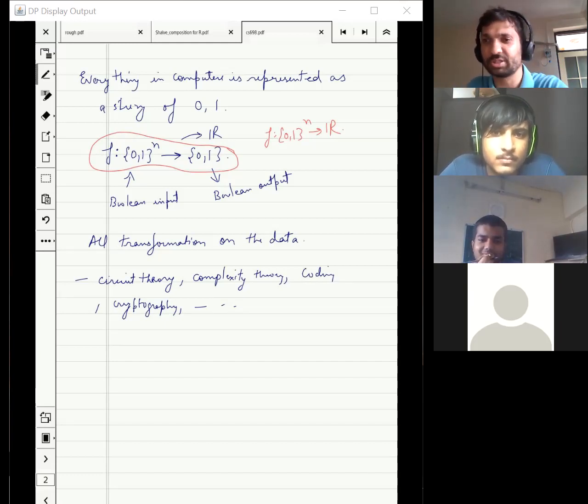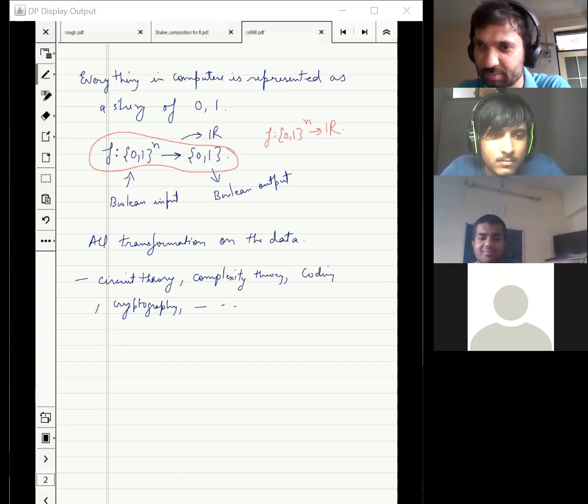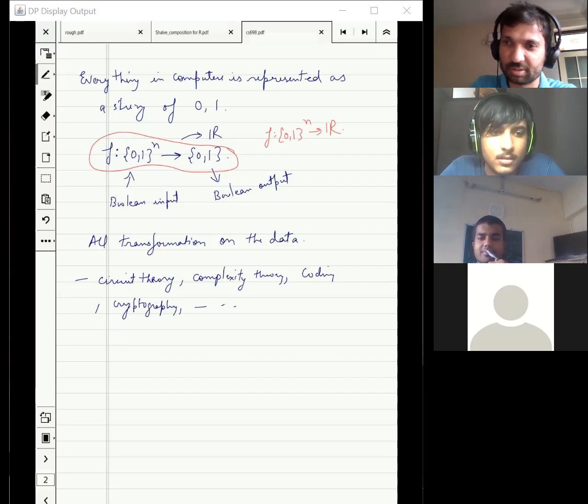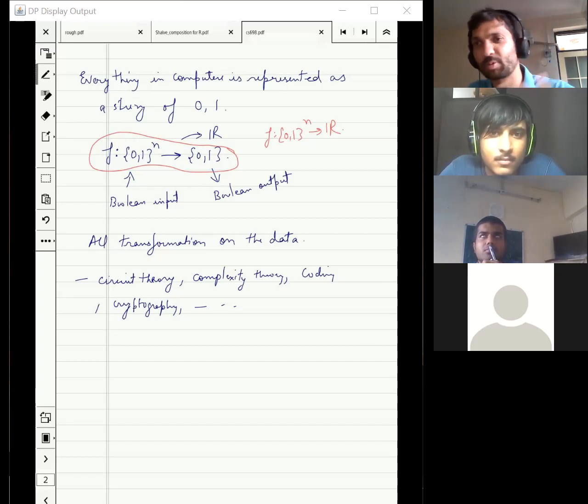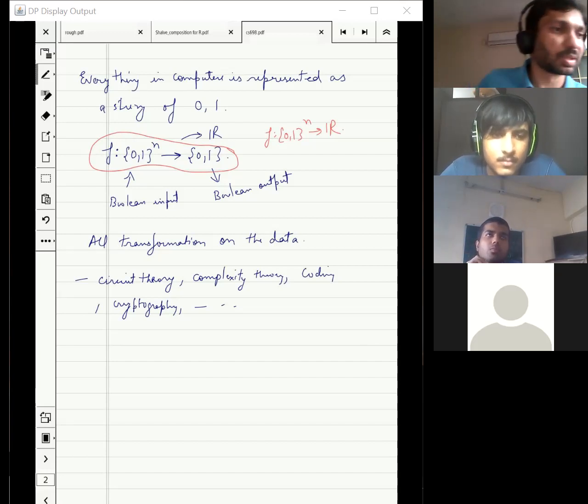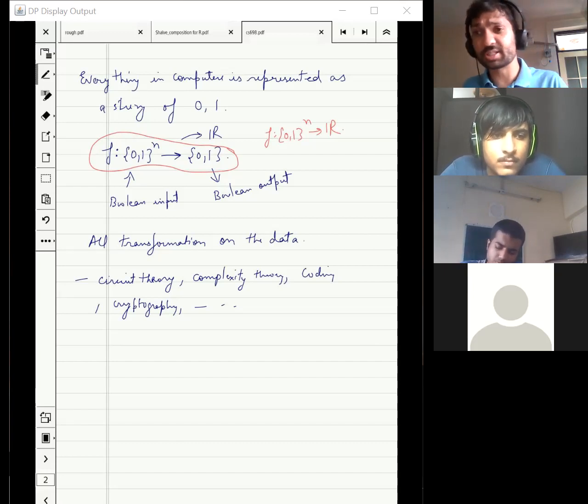Very simple Boolean functions, which you might have studied in the first course on computer science, logic or something. How many of you know the AND function? And the OR function. You have seen these, right? All the circuits in computer science are made up of AND and OR. So these are all Boolean functions, and we are going to look at all these functions in detail.